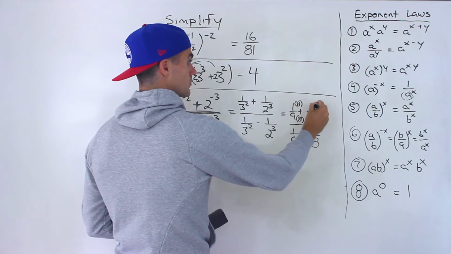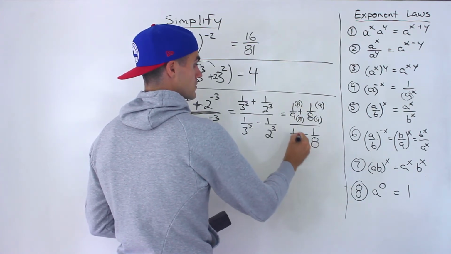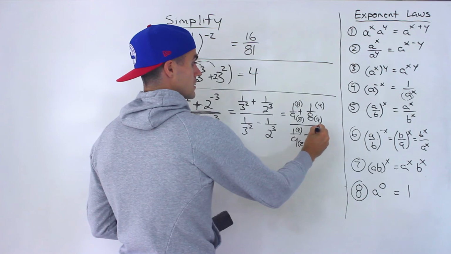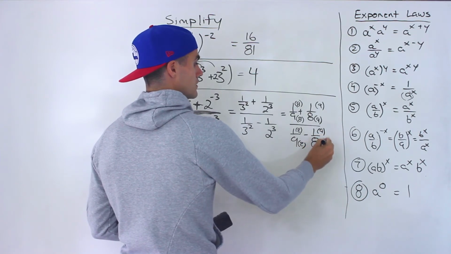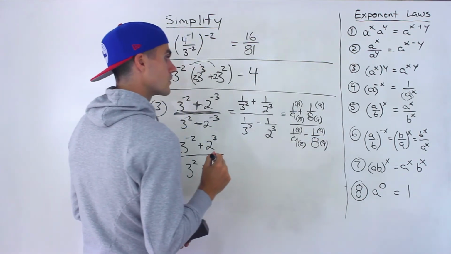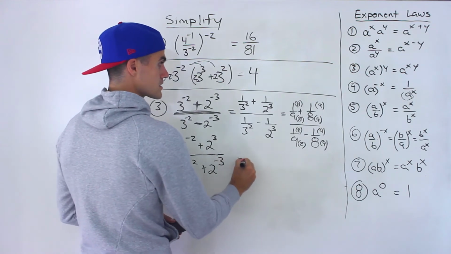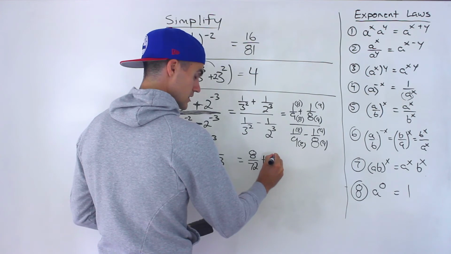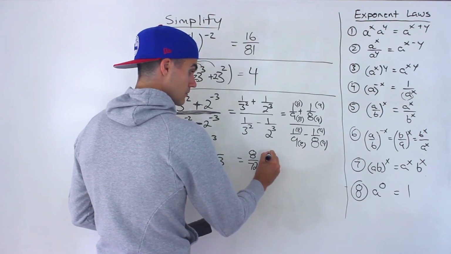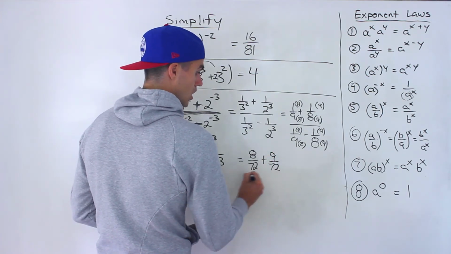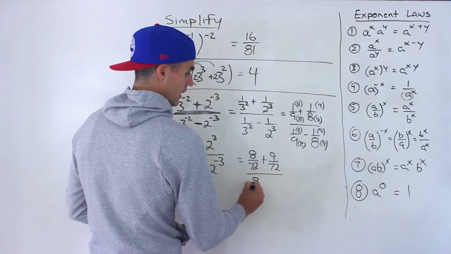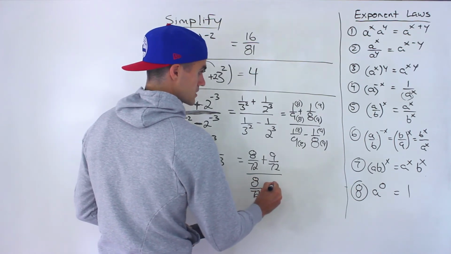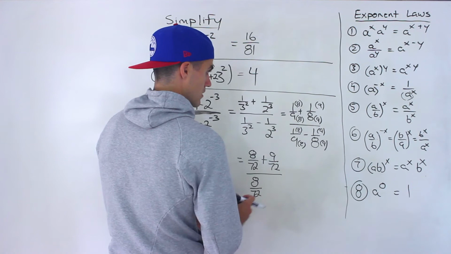Multiply this by 8, multiply this by 9, multiply this by 8, multiply this by 9, right? And so we'd end up with 8 over 72 plus 9 over 72 all over 8 over 72 minus